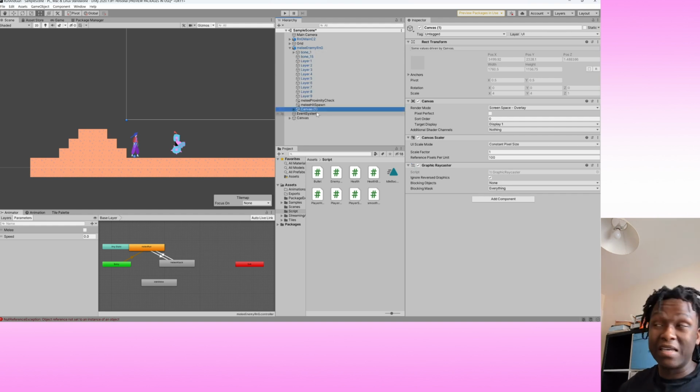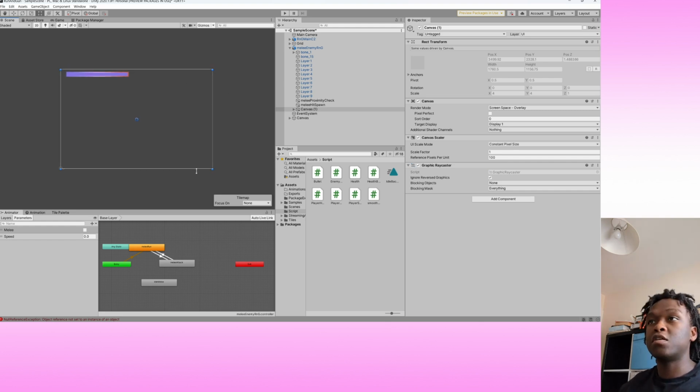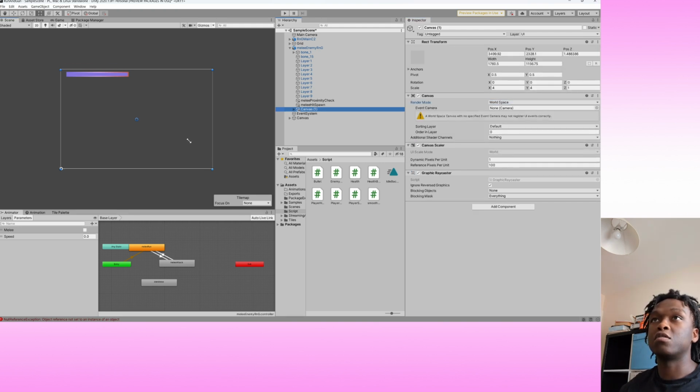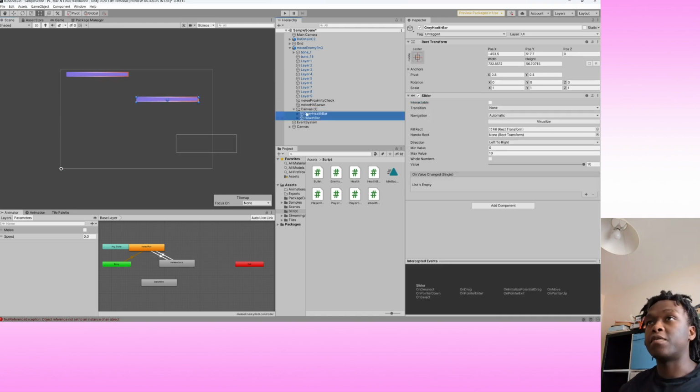Well, we might have to drag it in like that to make this new canvas a child of our enemy game object. Now we're going to hit F in the scene view to look at this canvas. We're going to resize this canvas. So instead of using render mode screen overlay in the inspector, we're going to use world space. That's going to allow us to shrink and manipulate our canvas. At this point, we can then select both our health bar and our grey health bar, and we can start to shrink and reposition